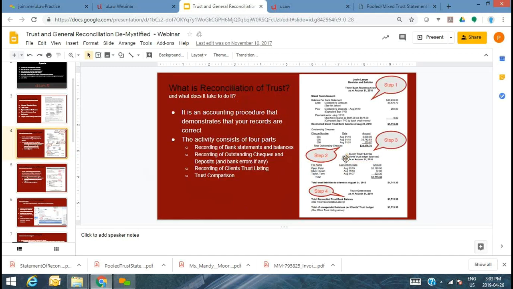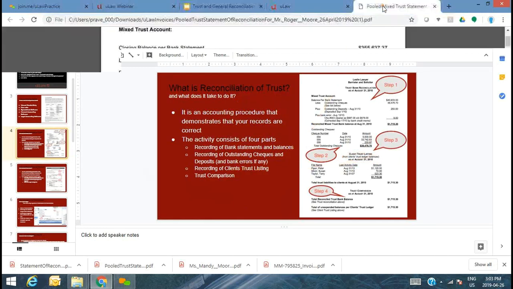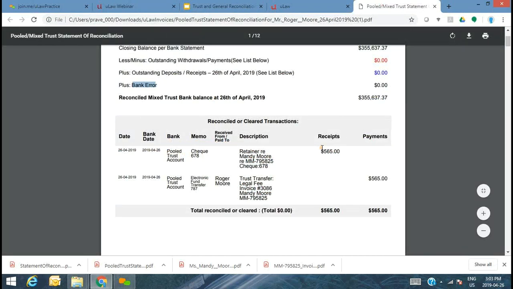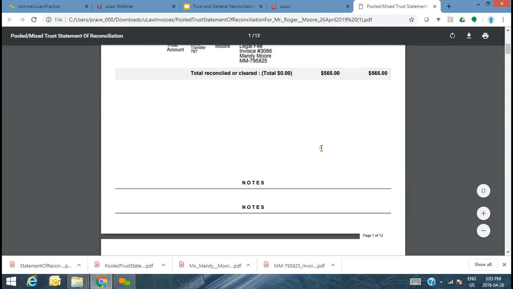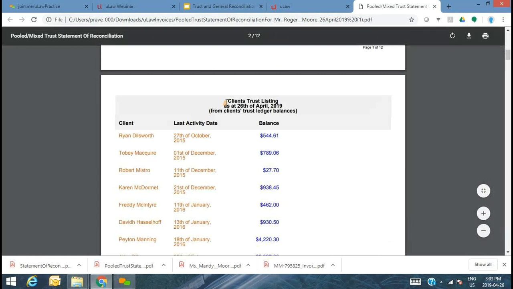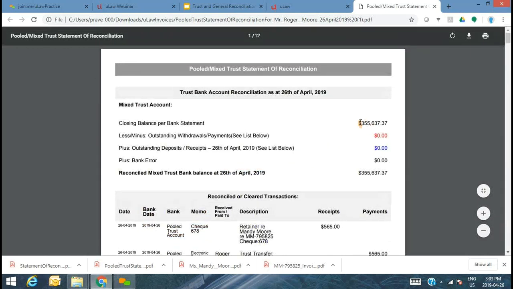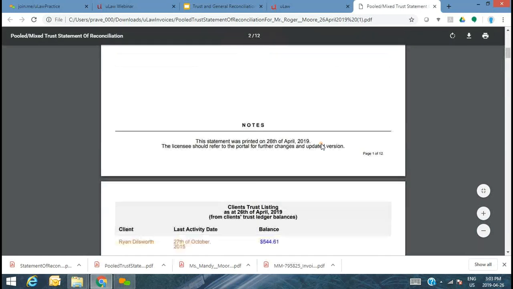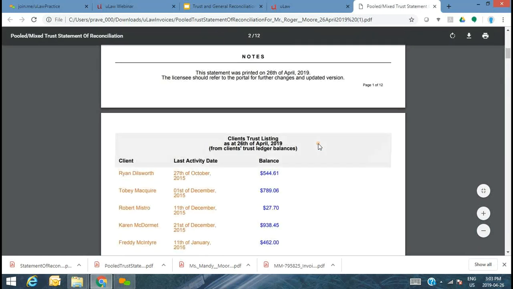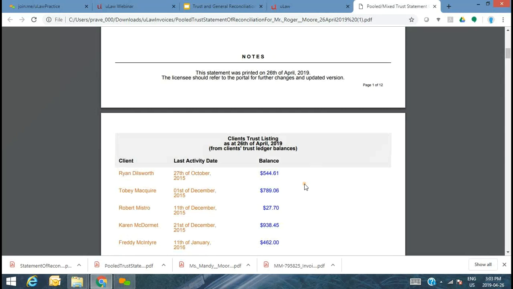Step 3 was the recording of client's trust listing. So here are the trust listing, client's trust listing. So if there is a balance of $355,000, what's the summary of where all that money came from?